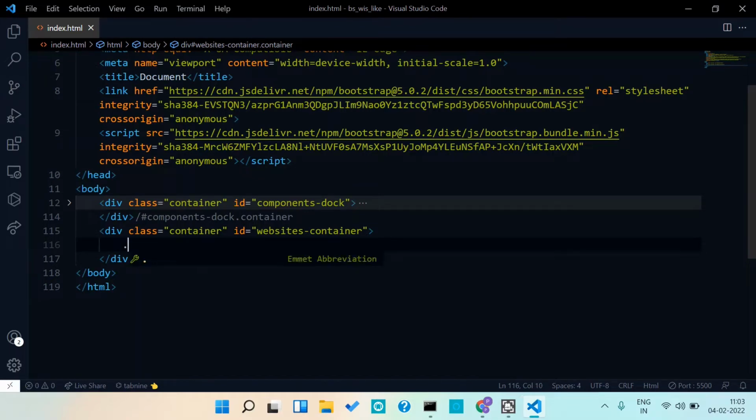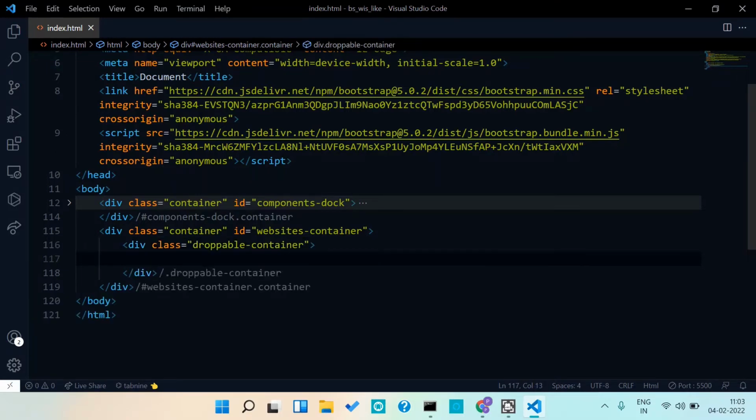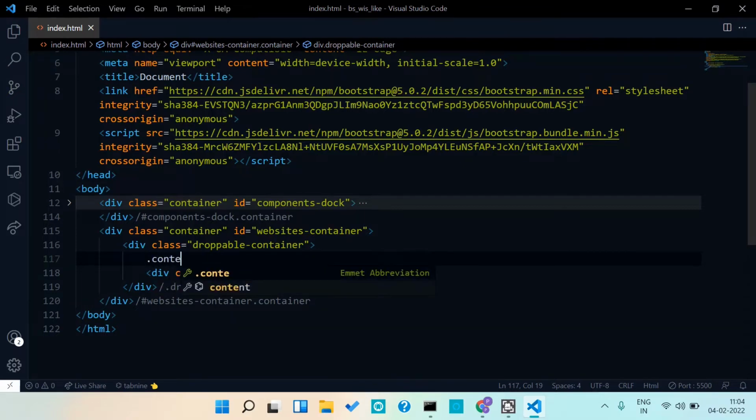So let us give it a class of droppable-container. Inside this droppable container we are going to have one div with class droppable. I will tell you why later. And one div with